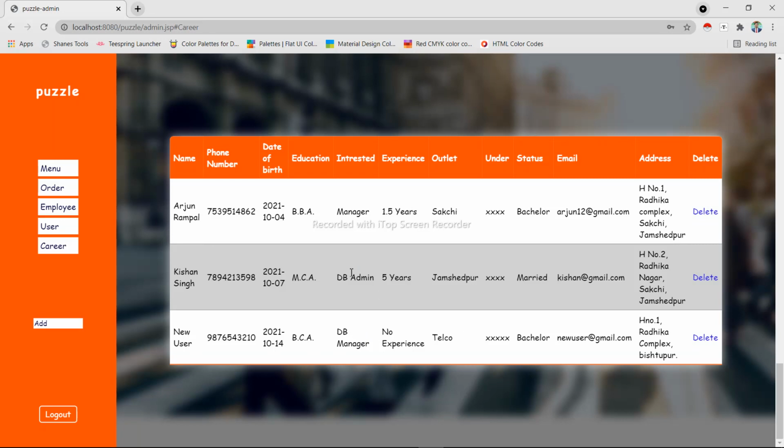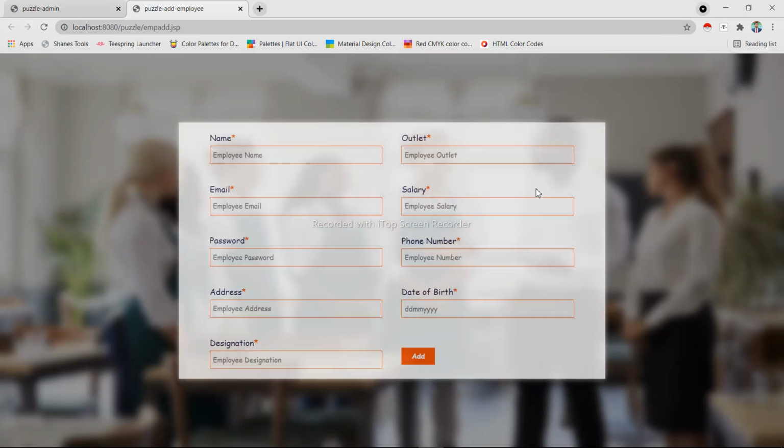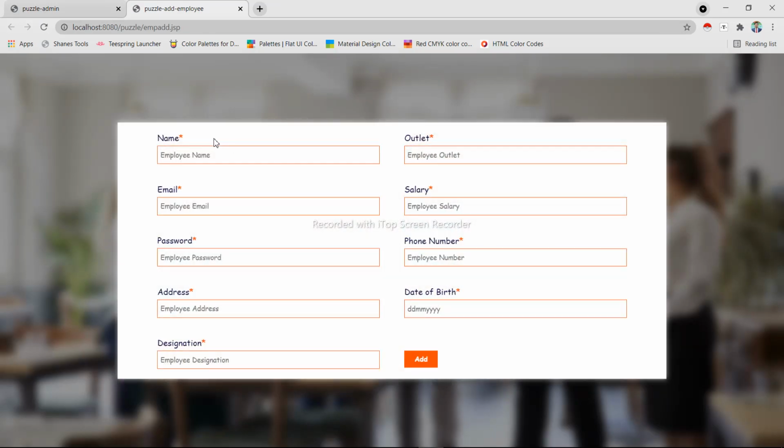So now let's assume that the user had entered all the details correctly, and from the admin's end, let's also assume that the admin had verified all his details and found that they are correct. So now the admin wants to add this user as an employee. So we will go to the add section and click on employee, and the admin gets a form to fill out. And now let's quickly fill this form.